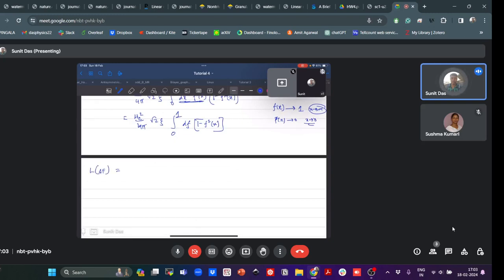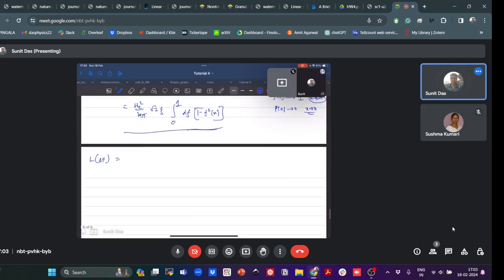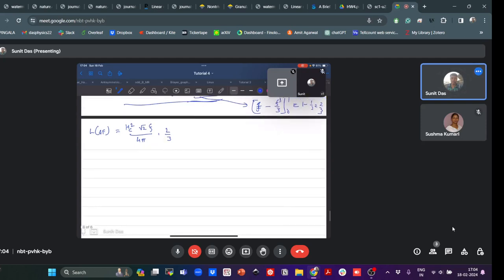Then we can easily do this integral and show that this will be h square root 2 xi by 4 pi into 2 by 3. This is nothing but 2 by 3 because this will be 1 and then f cube by 3, from 0 to 1. So this will be 1 minus 1 by 3 equal to 2 by 3. Right? So this is the amount of extra energy